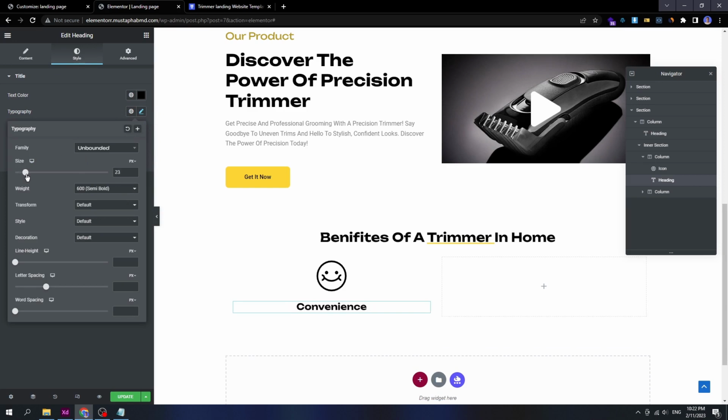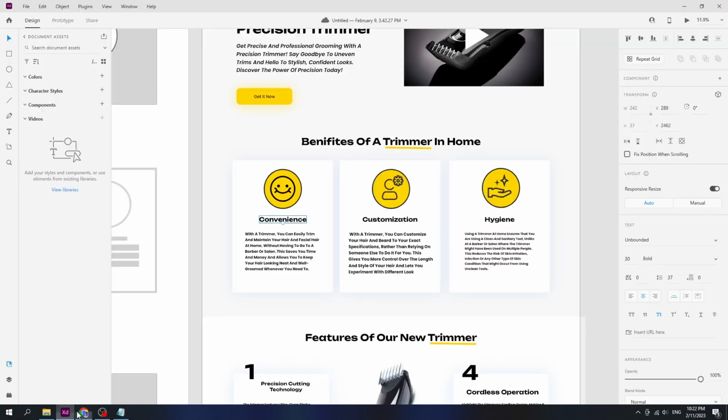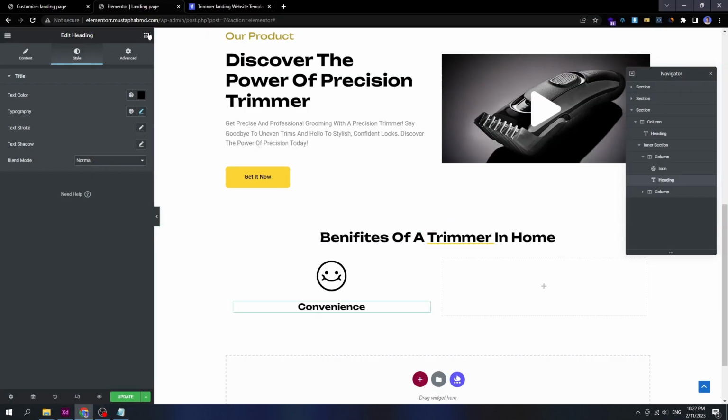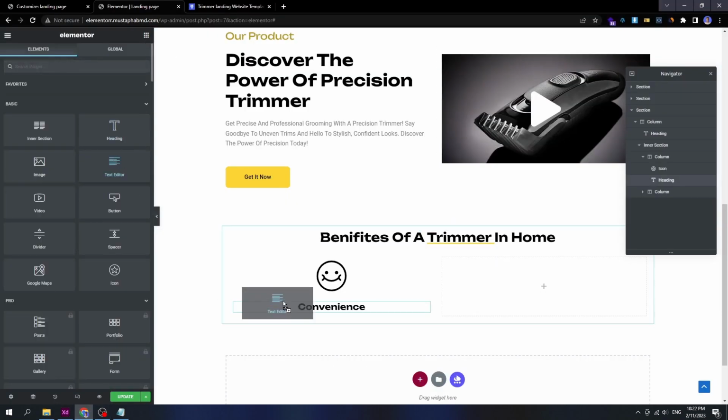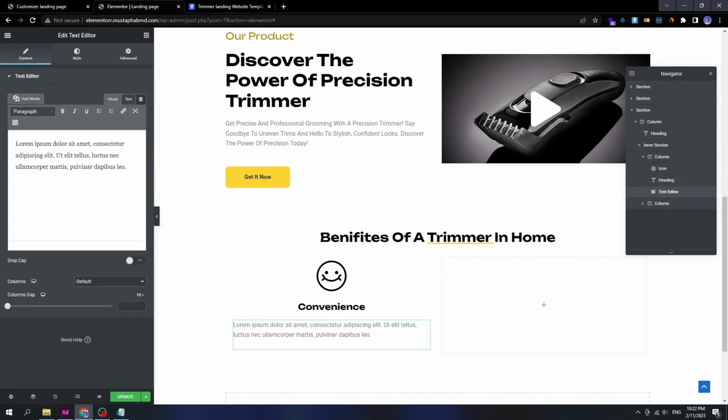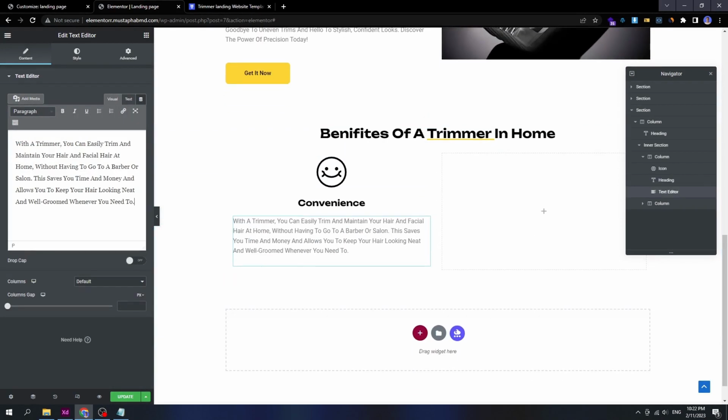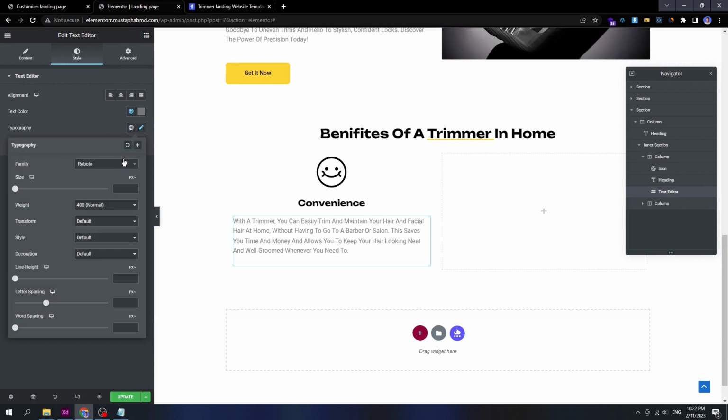This process is obvious. Go and copy this text and then drag text editor, paste this text, and then change the font into Poppins, change the color again,